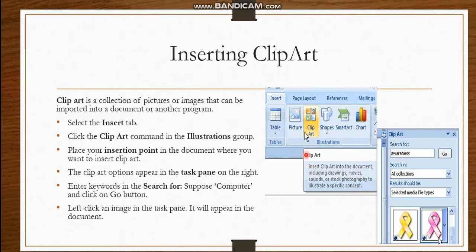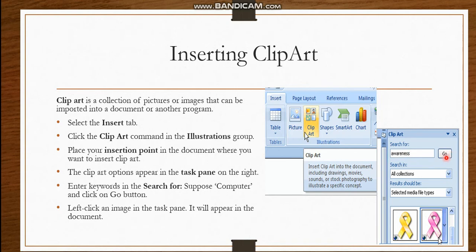Like here, by clicking on the insert tab, by clicking on this clip art button, type any word here. It is possible you will not find anything if you type a name and the pictures related to that word are not in that library, so it will not show you anything. So it is better to delete that word, leave it empty and just click on the go button.